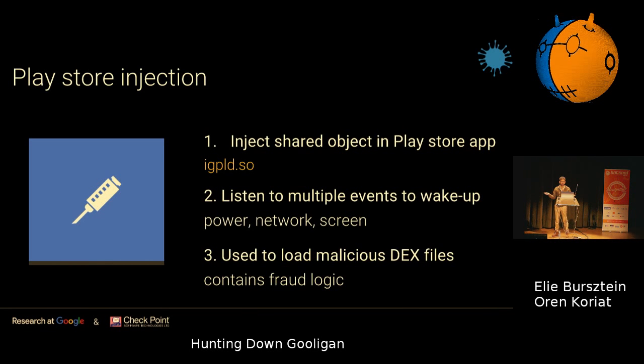Broadcast receivers are basically Android listeners that listen to different system events or events from different apps. So this receiver was listening to power events, devices connected to charger or disconnected, connectivity events, Wi-Fi, etc., and screen on, screen off events. Why does it care about these events? It doesn't. These are just random events that enable it to arbitrarily wake up. What does it do once it wakes up?